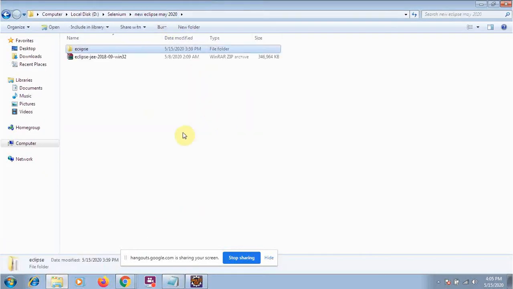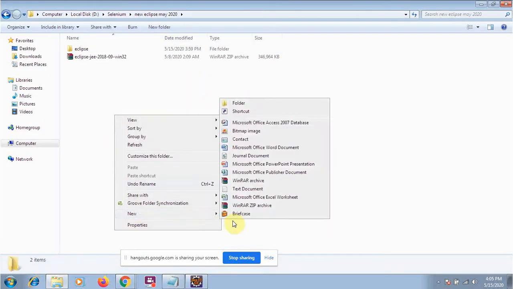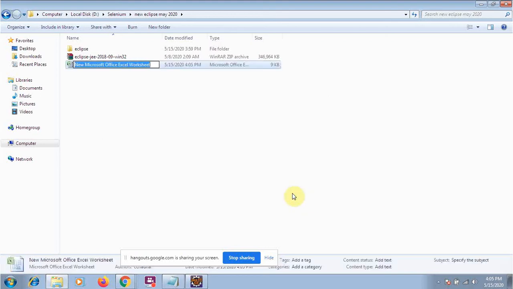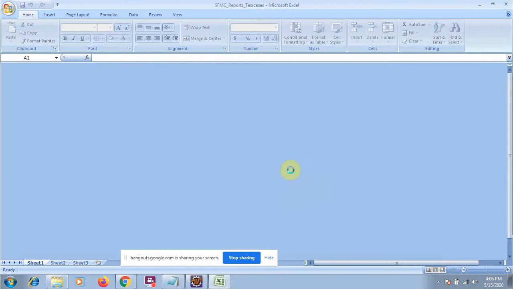For example, let me create an Excel file. Suppose there is a manual testing team and an automation testing team. They are working on some project like that. I have SSMC test cases, like I have a module like reports. So these will be some test cases in our Excel file. So how will the test cases look?